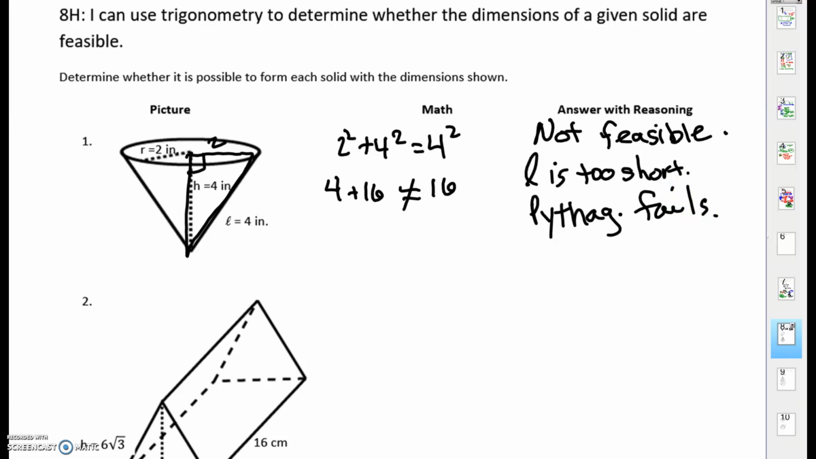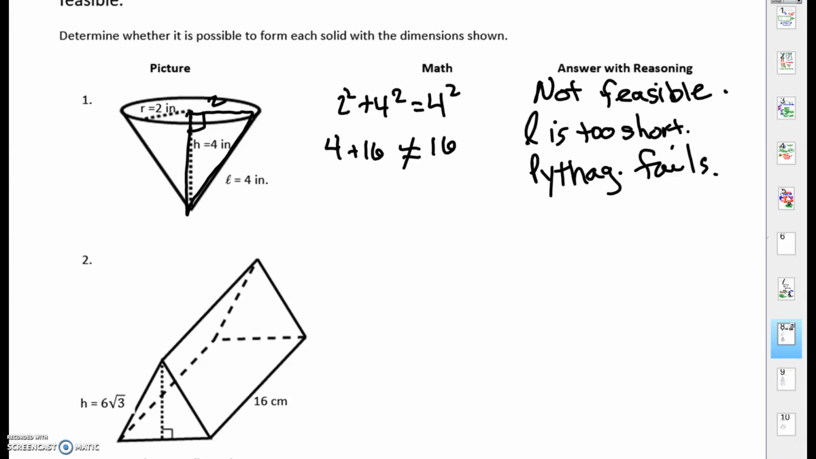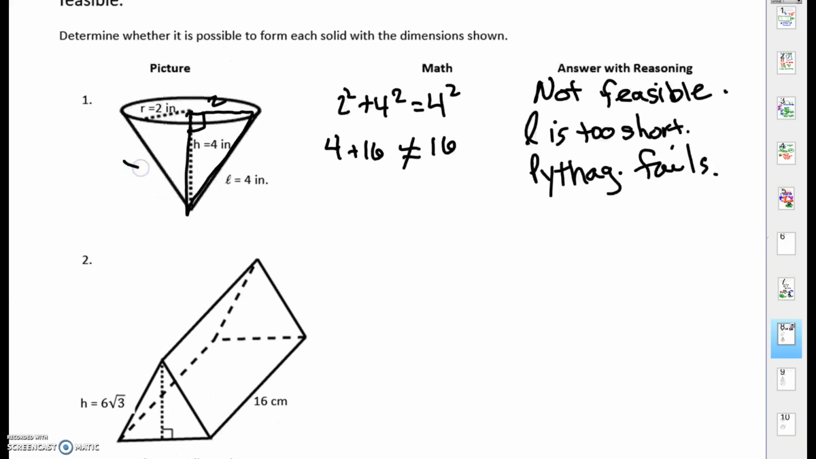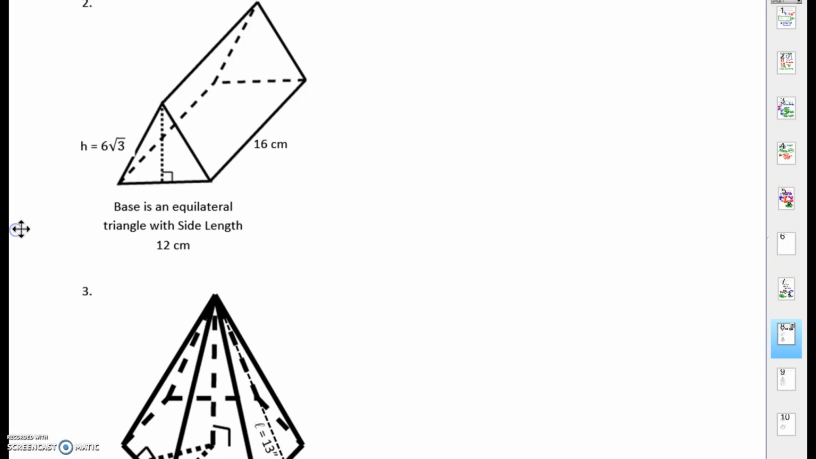All right, let's take a look at our next one. This guy is a triangular prism, and they tell me that the base is an equilateral triangle with side lengths of 12 centimeters. The height is this right here. Sorry, guys. It's 6√3 centimeters, and the length of the solid is 16 centimeters. Now, again, the length of the solid really doesn't matter. That can be whatever it wants to be. I'm more concerned, does this work? If they tell me that this is an